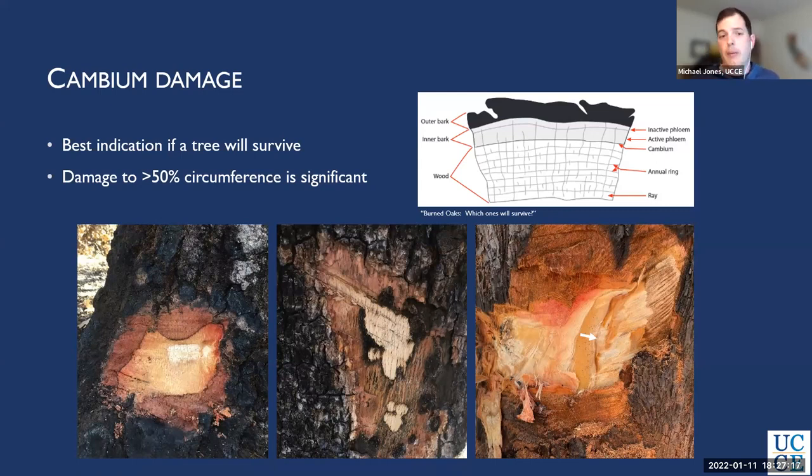So the best way to determine how much damage there was from fire is to assess the health of the cambium. The more damage you have, the more significant that impact to the vigor and survival of that tree will be. So here's again a fire tolerant oak species, really thick bark. I think this might be black oak again. We see that